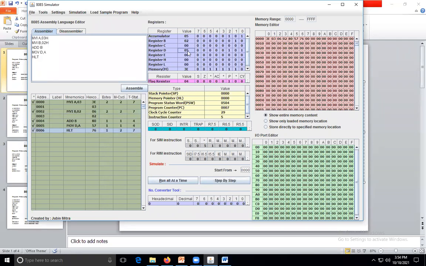See, the value is stored in 05 by the D instruction. You have to transfer the value of 05 with the instruction MOV D, A, and you will get the answer 05.